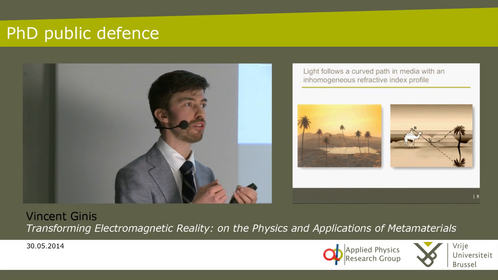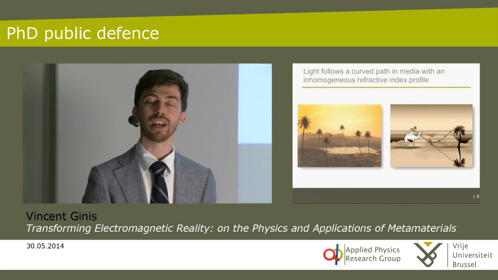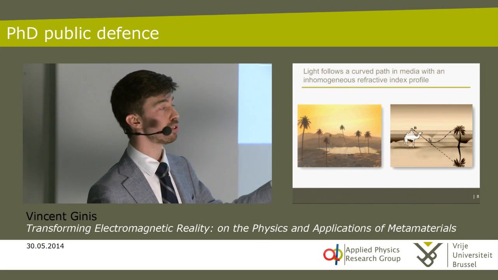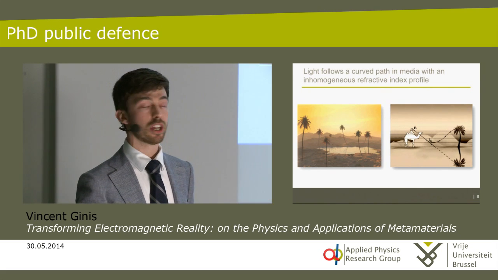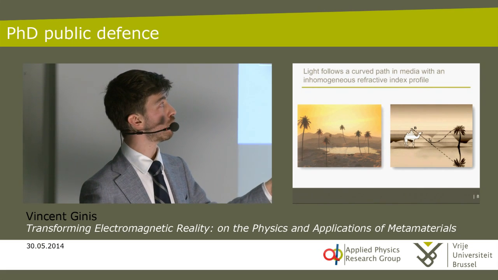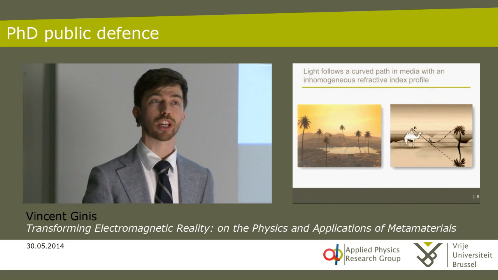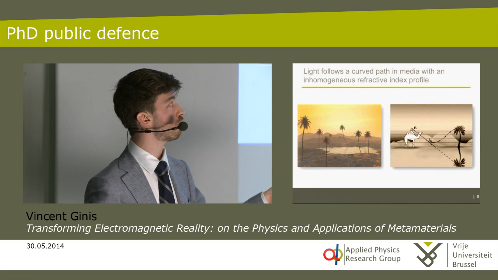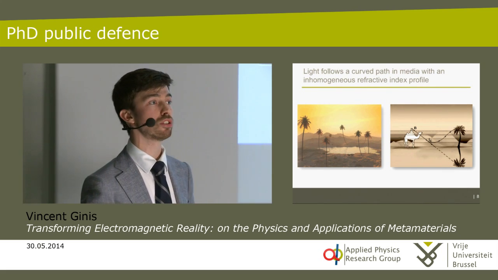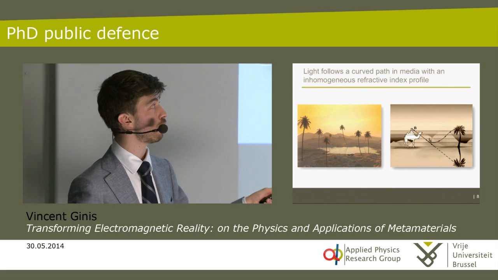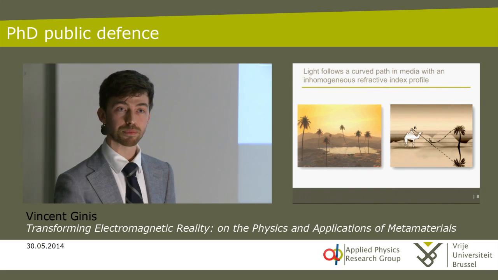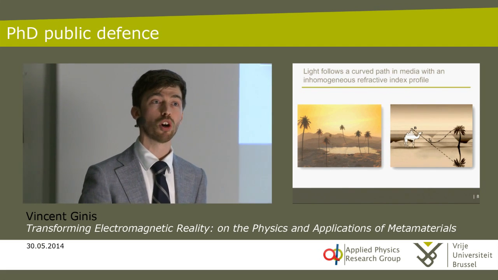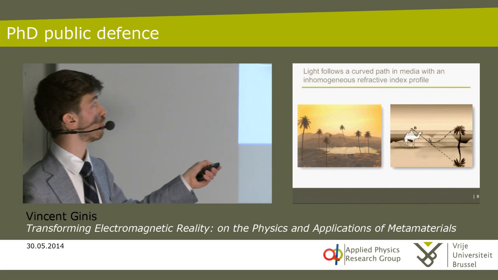And given the fact that a refractive index is proportional to the density of air, we also know that the refractive index will be lower close to the ground than high up in the air. Now, when a light ray is emanating from this palm tree over here towards this unfortunate observer on the camel, it will not take this straight path necessarily, but it can also take this path shown over here, glazing past the desert surface. And this is because of the fact that the refractive index is lower over here than here. Now, this is actually the underlying physical mechanism why we also perceive a lot of these illusions or these mirages